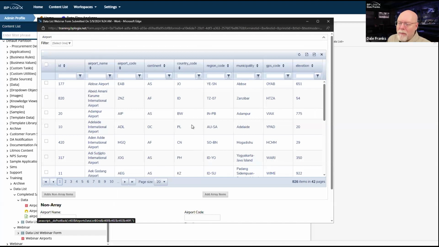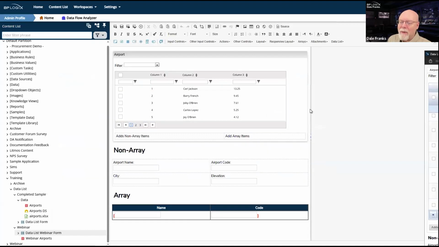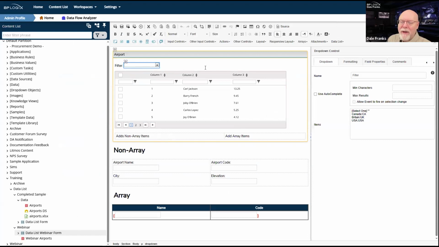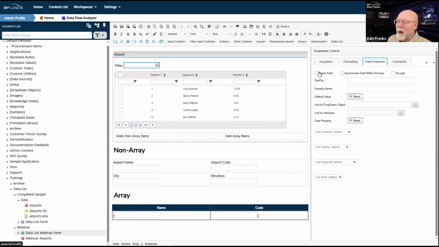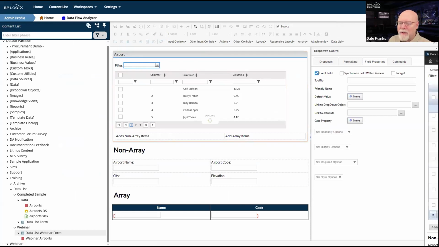So now I've got all of my data. You know what? I forgot to do something, and we need to resave it. We need to go to field properties. We need to make this an event field because I need to be able to grab that data. So let's resave it again, and once it resaves, I'll have to refresh the form.